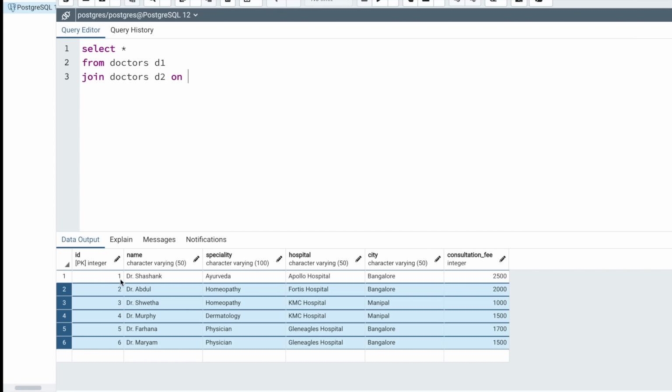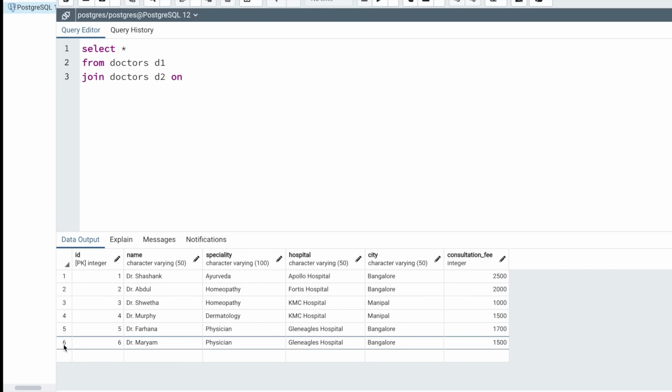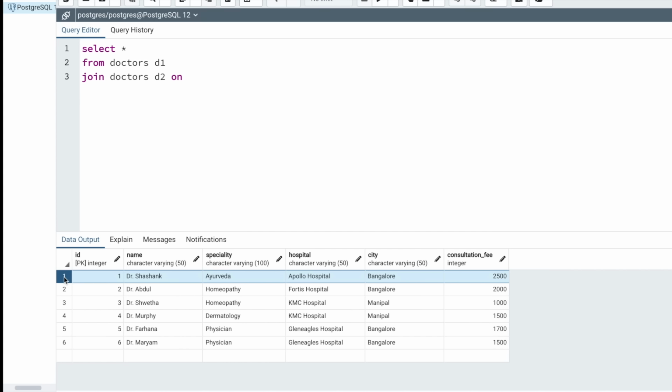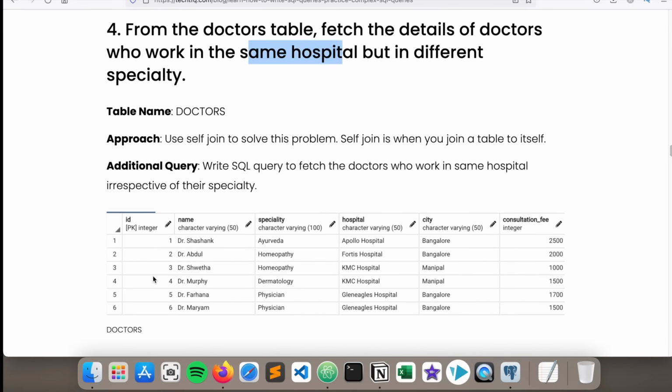So what we need is, when we are processing the first record from, let's say, the D1 table, we do not want to compare that same record in the D2 table. Dr. Shashank from D1 should not compare its data with Dr. Shashank present in the D2 table, because if we do that comparison, then that record will always match, and it is not what we are looking for.